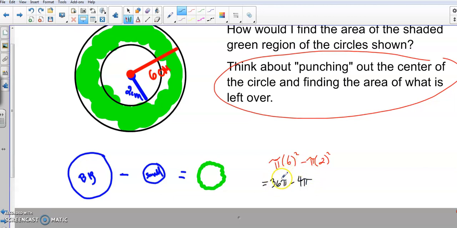So at this point, I could go to my calculator. I could get a decimal value for 36 pi. I could get a decimal value for 4 pi, and I could have these long decimals here. Or what I can do is just combine like terms. These pi's you can kind of think about like x's or y's. So 36 pi minus 4 pi is 32 pi. Units squared. Oh, I guess I gave you the unit, so it's centimeters squared. 32 pi centimeters squared. And if I did want to come to an exact value here, I could just go to my calculator, type in 32 times pi, and that comes out to be about